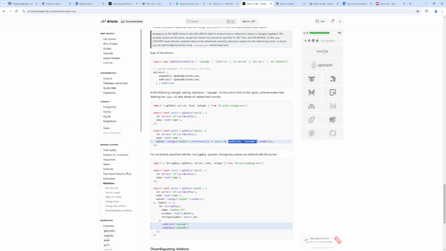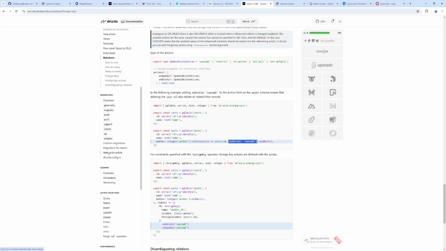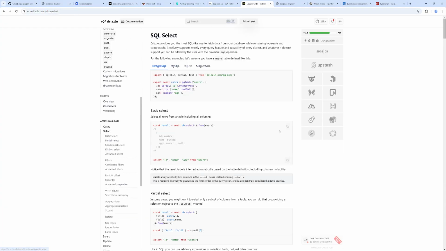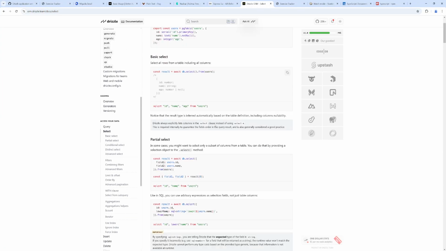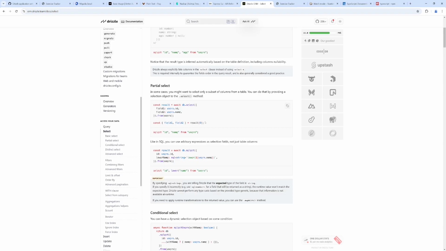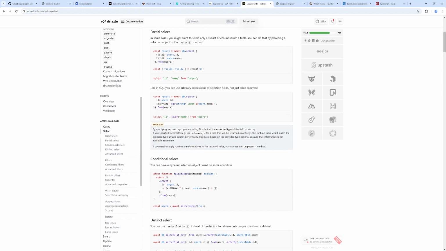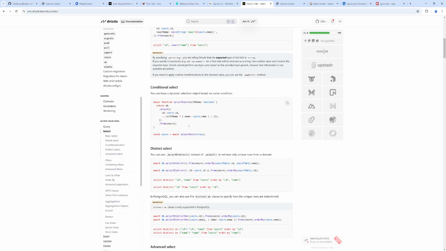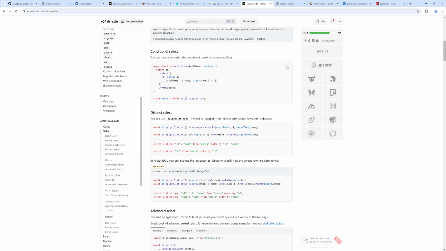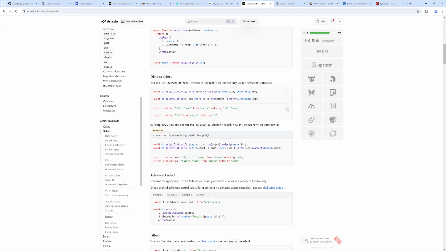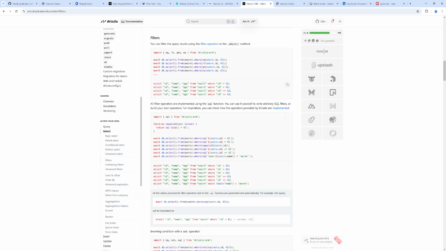Drizzle. Select from users. Conditional select. What the heck? Oh, I see. So that's conditionally selecting the fields based on something or other. I think what we want is filters. So where, oh, this is not what I expected at all. Okay, so you would say where equals